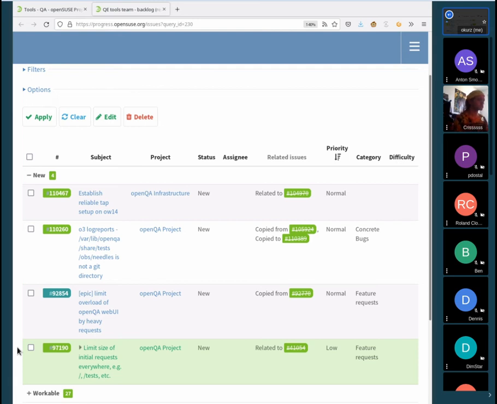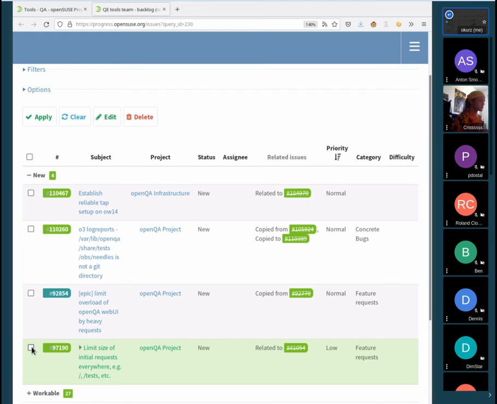We found that, well, likely candidates could be various routes on openQA, and what we can do is we should limit the size of the initial request. You can filter for jobs, you can filter for test results, and depending on the filter, you get more or less results. And if you do not provide enough filtering, then the potential lists of tests that openQA would need to return could be huge. It could be so huge that the openQA instance is actually not able to fulfill that within a reasonable time. So what we should do is limit the size of initial requests.